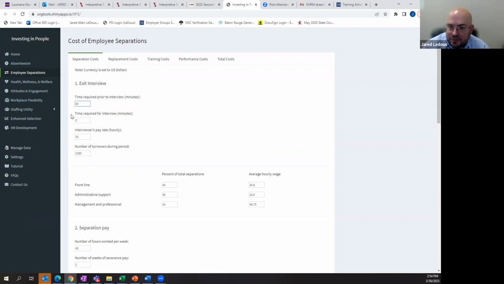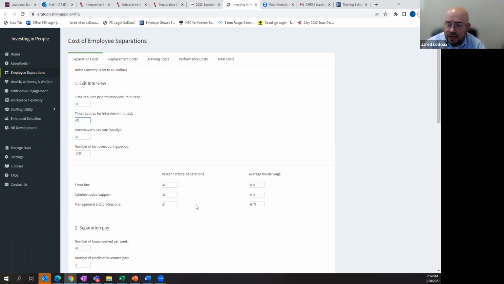And so what that's telling me is, in addition to the time that the HR specialist is spending on the exit interview, there is time spent for that team member as well, right? So every team member who's leaving the organization, we're also paying them to complete the exercise, right? And so I'm going to go ahead and put in 15 minutes to prep, 45 minutes for the interview. And so the second component that's really important here is calculating the cost of the terminating employee's time. That's the second element of the